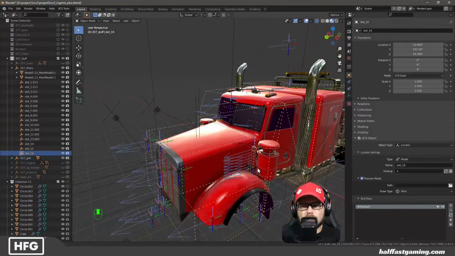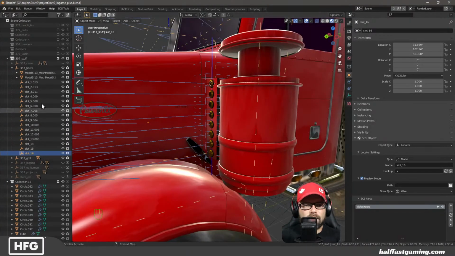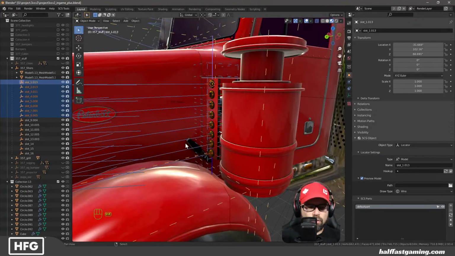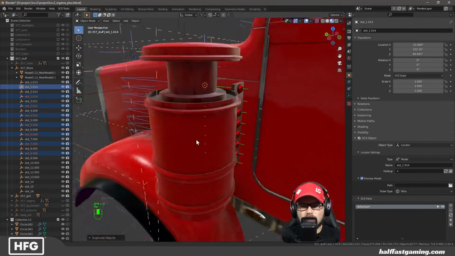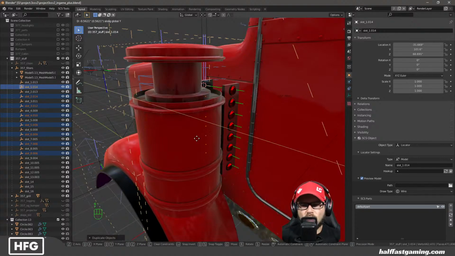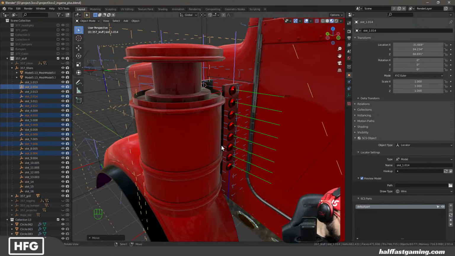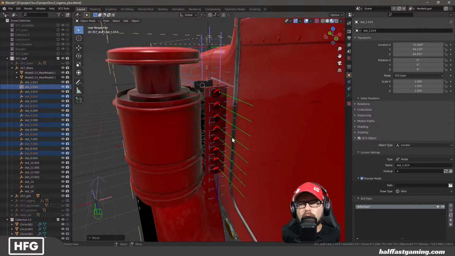Okay, so now over here, I go back to these and I duplicate them again, and then I grab them in the Y direction and